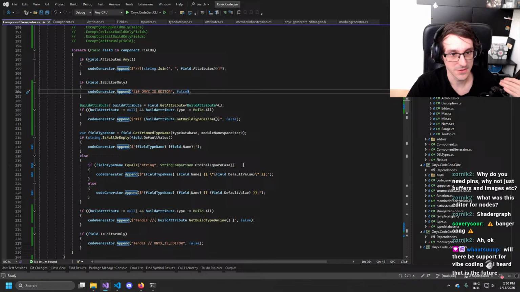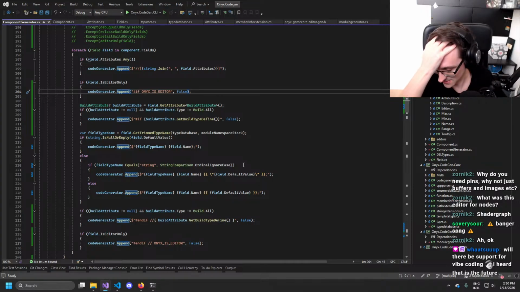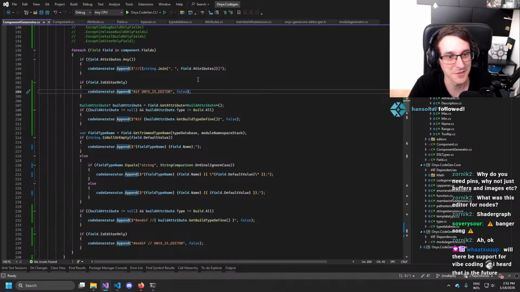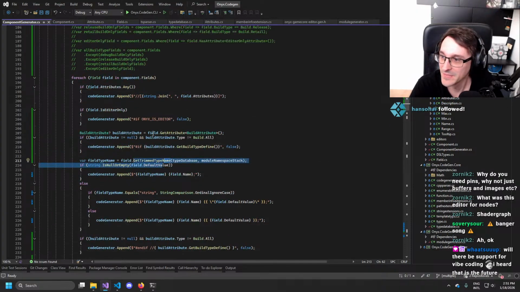It's so funny that you ask that. A friend of mine, he's not really into game coding, but he's a programmer as well. And he knows that I'm working on an engine, and he was like, yeah, you have to create a documentation that is understandable by the language models so that people can use language models to build stuff with your engine. And I'm like, yeah, I have better things to do than that.